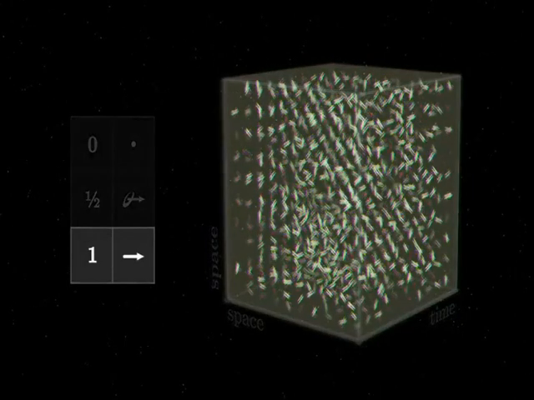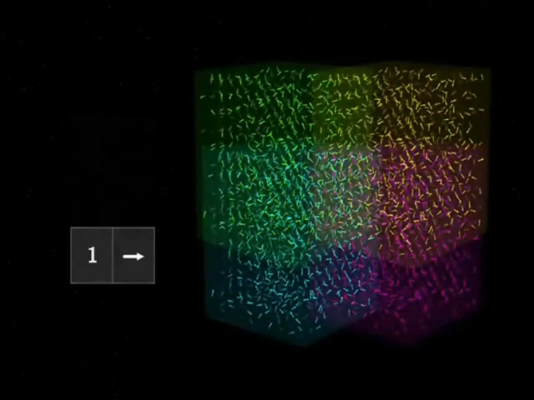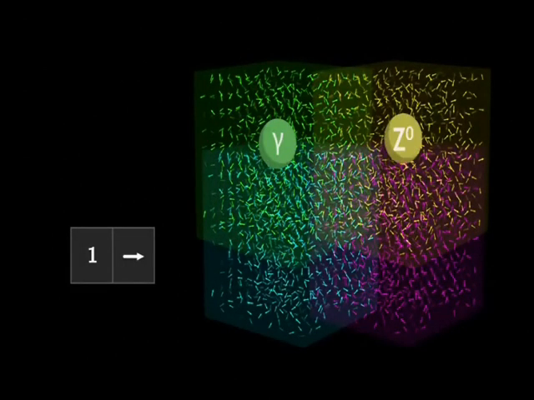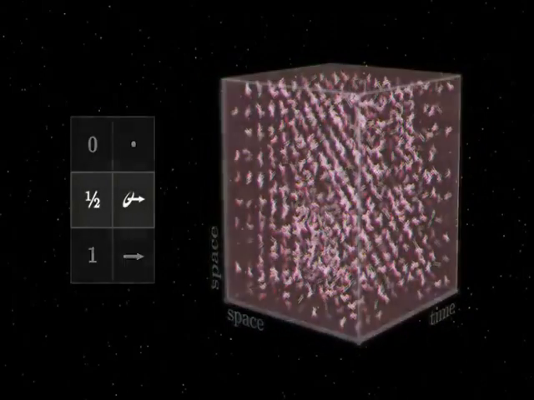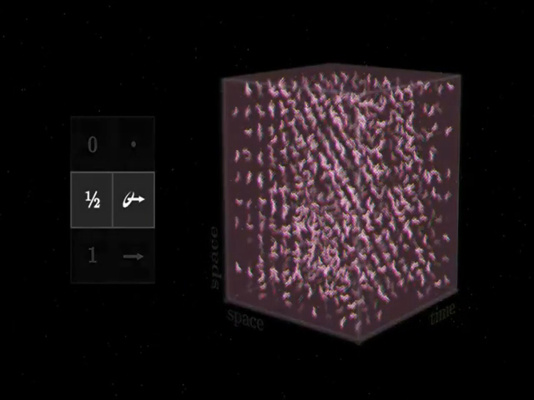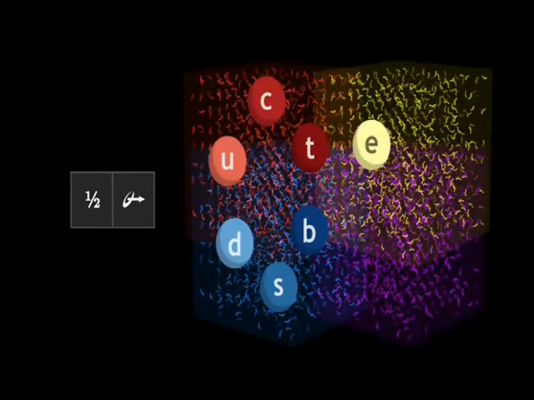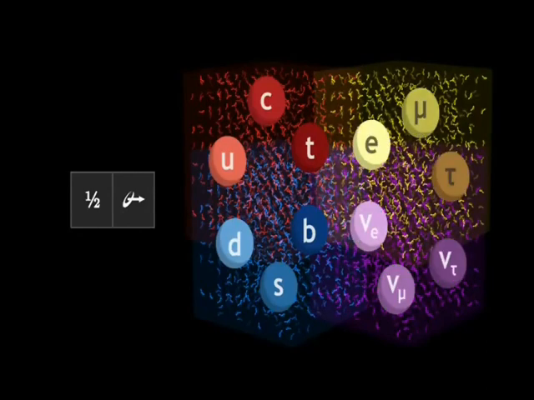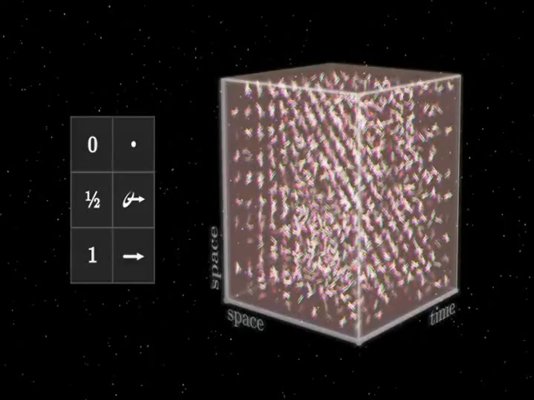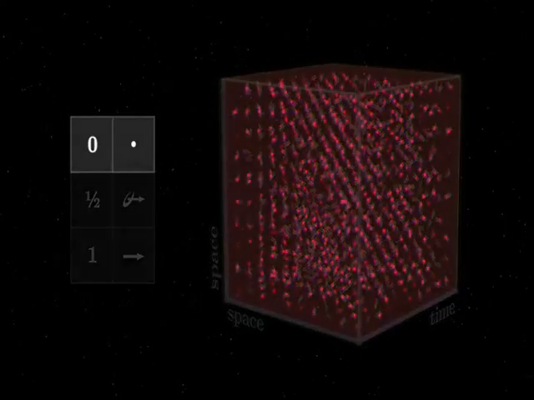Some are vector fields, spin 1, and the particles they contain are photons, Z and W bosons, and gluons. Others are fields of spinors, spin 1/2. They are the fermions that make up matter: quarks, electrons, muons, tau particles, and neutrinos. Finally, there is a field of spin 0, the Higgs field.